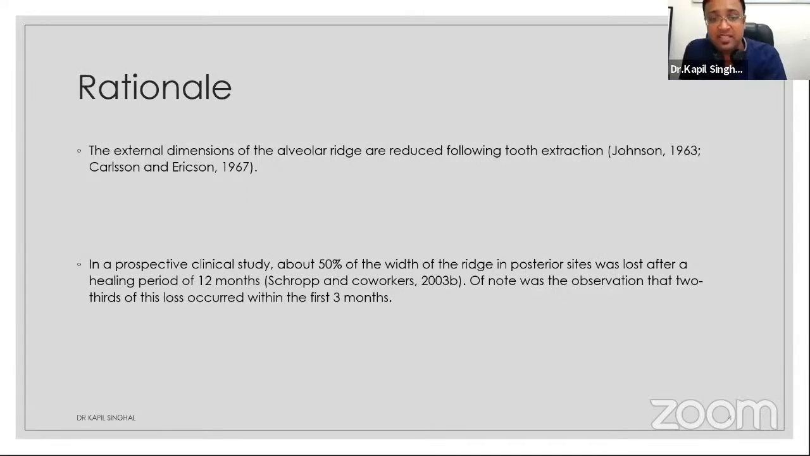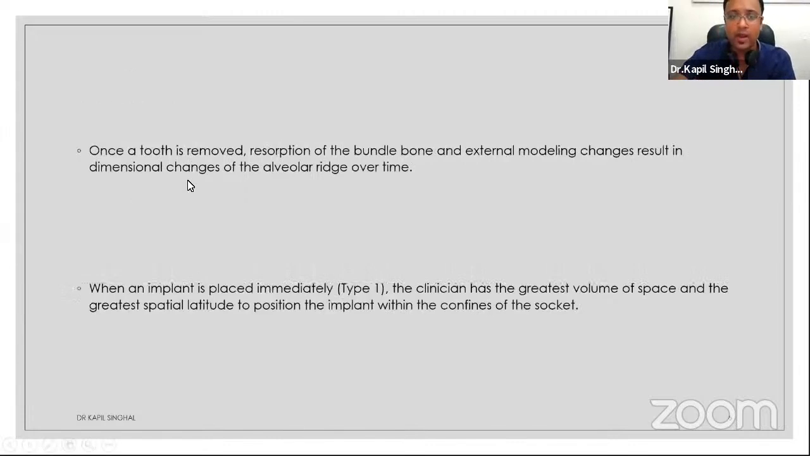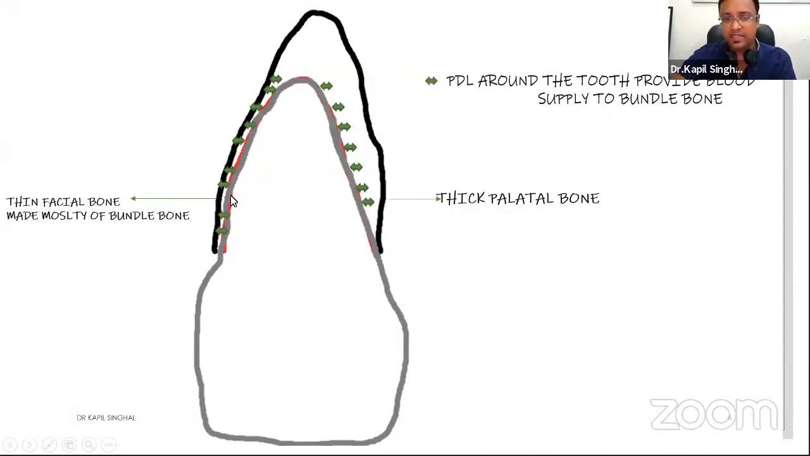It has been seen that Schropp and co-workers found that there is a 50% reduction in the width of the bone in a period of 12 months. Meaning, if we extract the tooth in the posterior region, within a period of 12 months there is a 50% reduction in width. Now see, we can see in this picture that the tooth has periodontal ligament around it, and